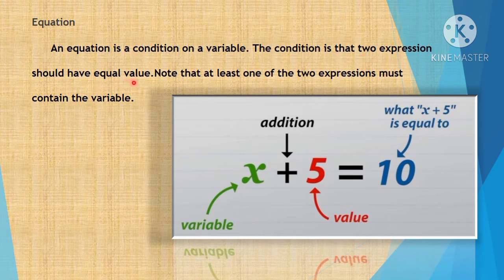Now, this is the first introduction. You are learning what is an equation. What is an equation, children? Equation means you will have a variable term, you will have a constant term, you will have some operations. Here, addition operation. It can be subtraction or multiplication or division or whatever it may be.